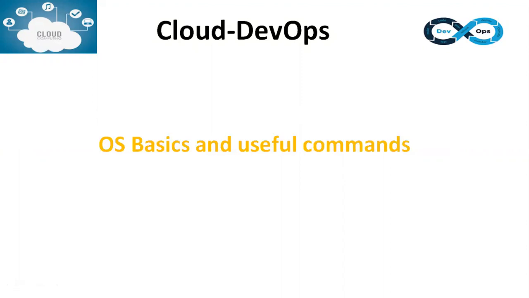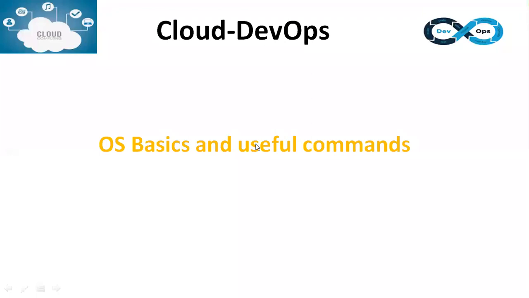And we all know what a Windows operating system is, what Android is, what Linux is, and what Mac is. So we all know a little bit of basic information about those things. Why am I talking about all these things right now? Because we have already seen what the stages involved in the DevOps life cycle are. But to go ahead with that and to be more familiar with it, we need to practice on different operating systems, either Windows or Linux, or different flavors of Linux, and so on.